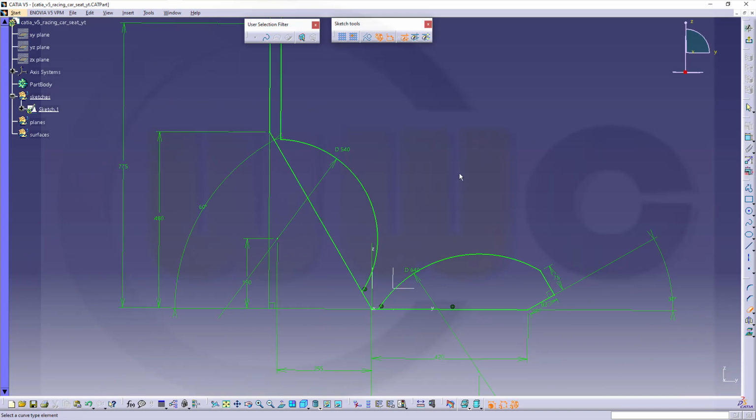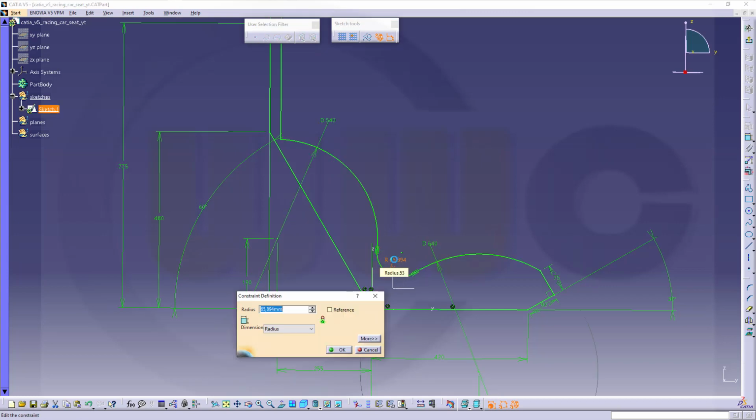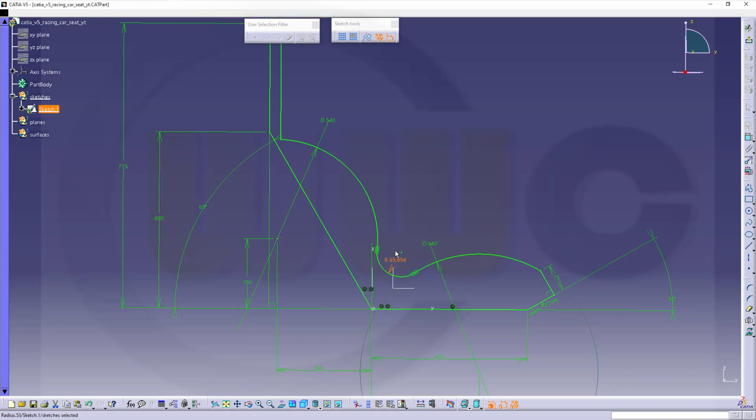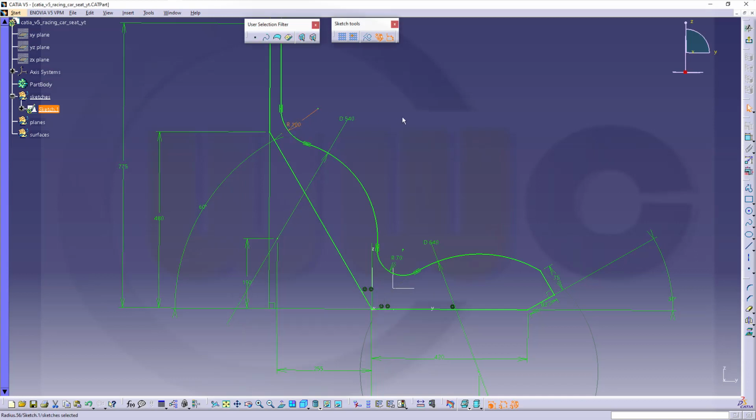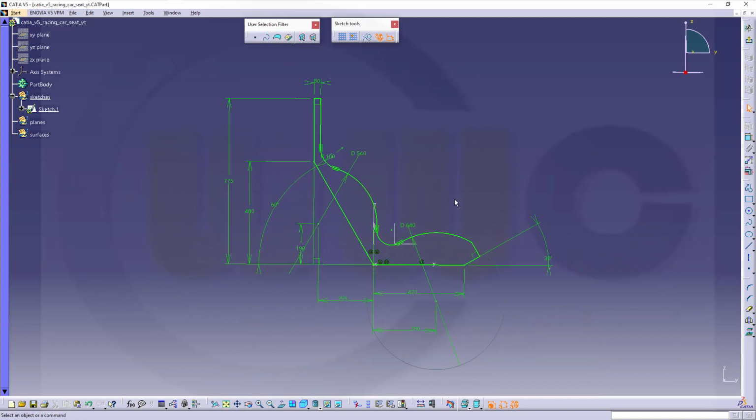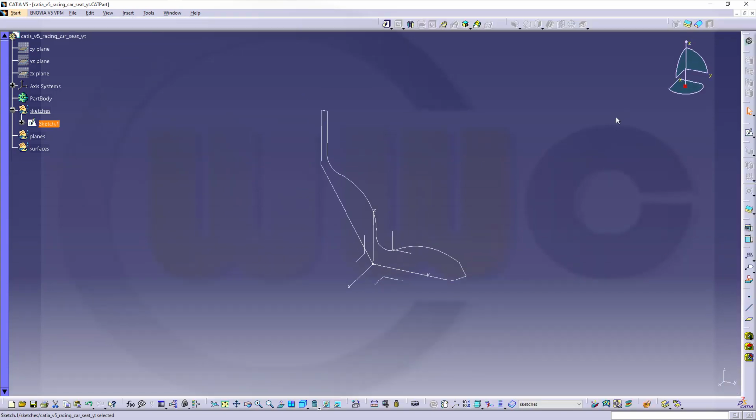Now let's add some fillets. I need a fillet from this circle to that circle, and that radius should be 70, and I need another fillet up here, and that radius should be 100. So let's see if that's easy to constrain. Yes, it is. So leave that sketch,